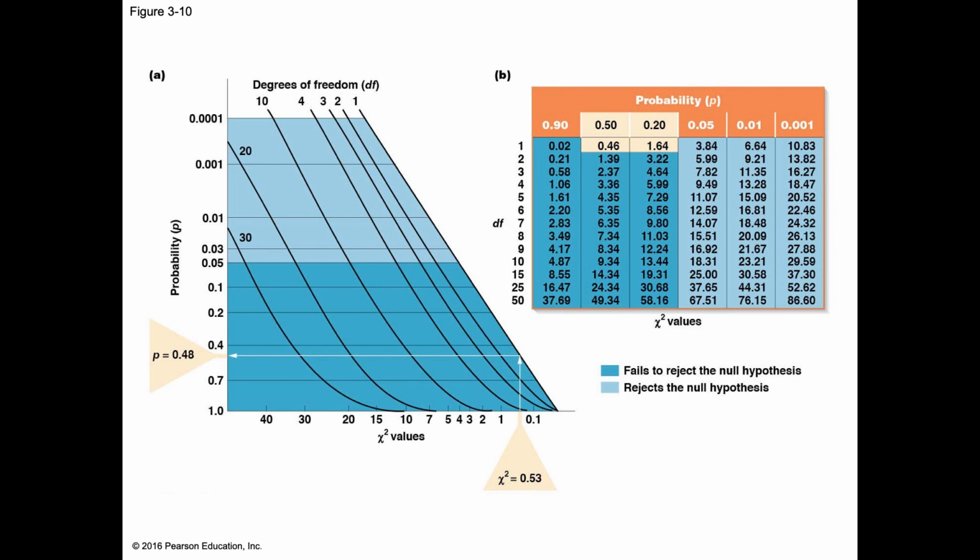Based on the table. This table is condensed, but you can get degree of freedom tables that will have all of the p-values listed, and it'll tell you exactly what your chi-square value is. So our chi-square value was 0.53, meaning that our p-value is going to be somewhere between 0.2 and 0.5, because that's where 0.53 fits on the table. So you look at your degrees of freedom. For every experiment, it's going to be different depending on your degrees of freedom. So you go with your degrees of freedom, and you scan across and look for where your chi-square value fits, and that's how you pick your p-value.